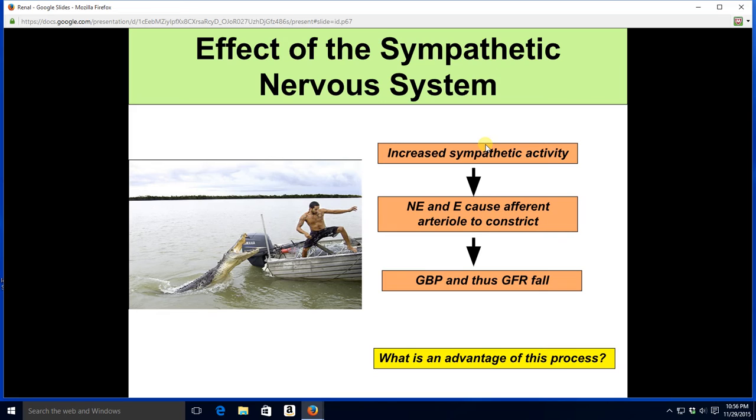That's going to make glomerular blood pressure and glomerular filtration rate go down. The advantage of this is it maintains blood volume. All right, because we're not making as much filtrate, we're keeping blood volume up, thus keeping blood pressure up, which we need in order to drive blood flow as we try and escape from whatever reptilian monster is trying to